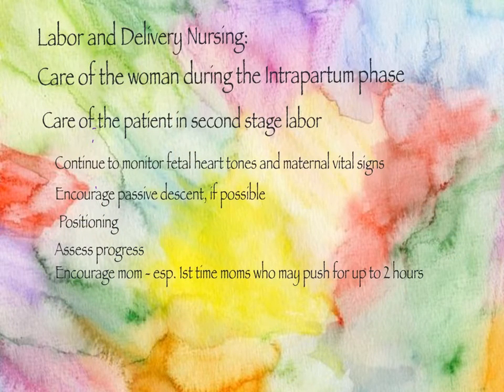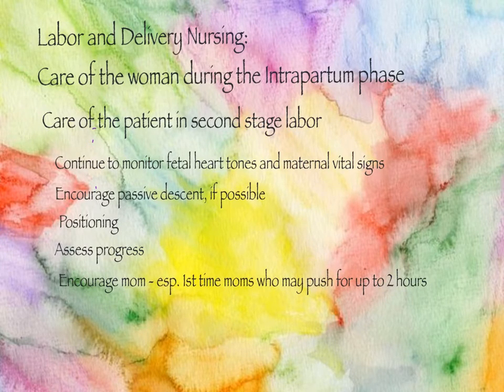Okay, and the next two items I'm going to discuss together. Assessing progress is important. It's important to know that mom's pushing effectively. Mom can put a lot of effort in, and if she's pushing in her legs or in her face, but not really into those muscles that expel the baby, she's really just wasting her effort and getting tired for no good reason. So you want to assess that she's pushing effectively and that baby is moving downward. And you want to encourage mom. It's really discouraging sometimes. You're talking about pushing out a baby maybe a distance of 3 to 4 inches if you start up high. And if it takes 2 to 3 hours to do that, it can get very discouraging. Somebody's going, oh yeah, that's great, baby's coming, and the baby isn't there yet. And they feel like they're putting a lot of effort in, and they're not necessarily